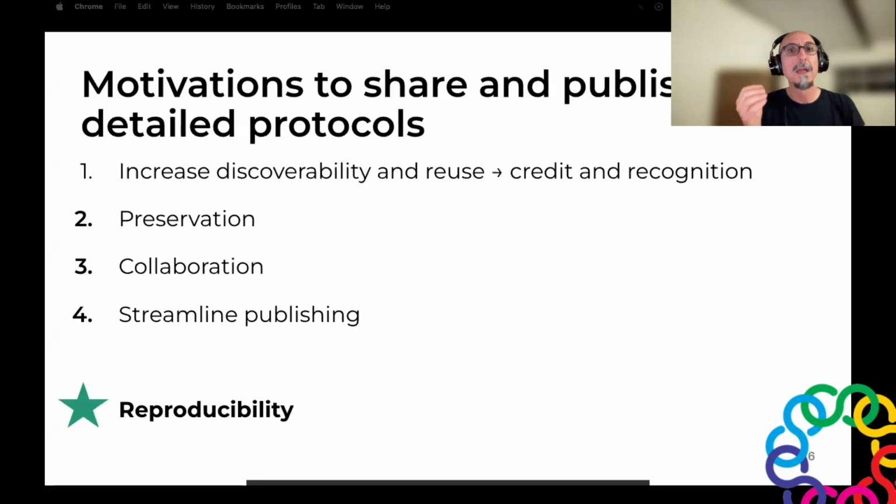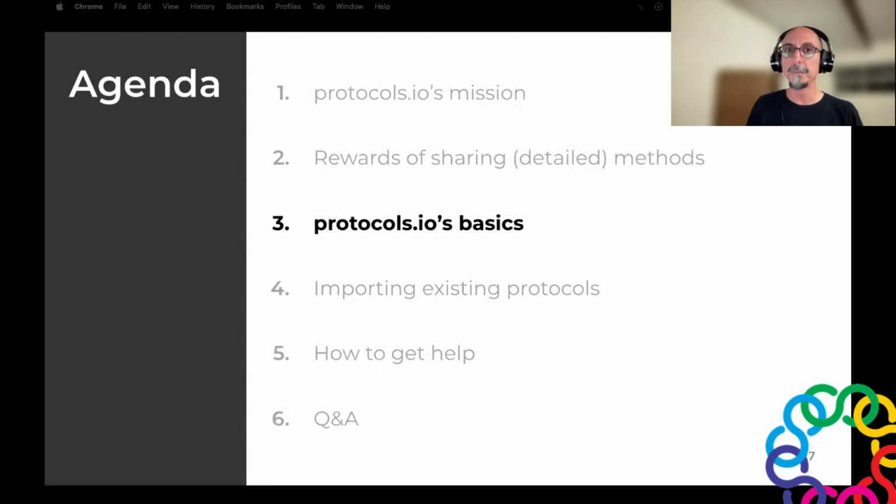And a bonus, by practicing open science, and particularly open methods, you increase reproducibility inside and outside your laboratory. Now, let me give you a taste of how the platform looks and how its different functionality allow you to do everything I listed before: organize and preserve your work, collaborate, save time, and increase your reproducibility, impact, and credit.